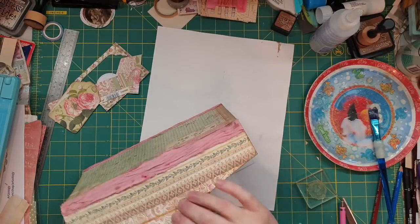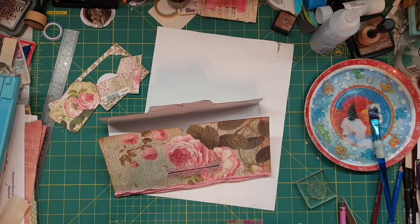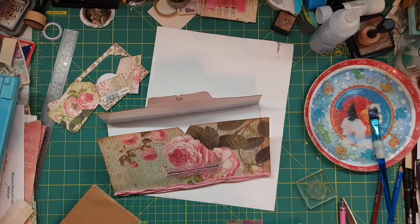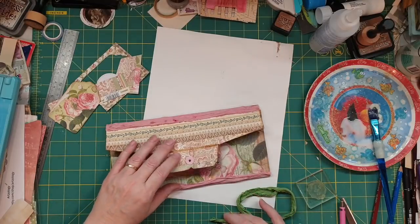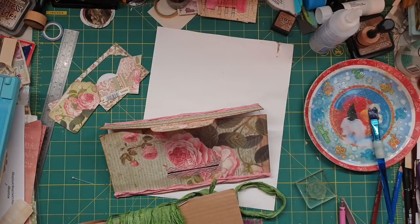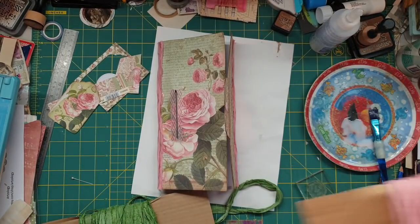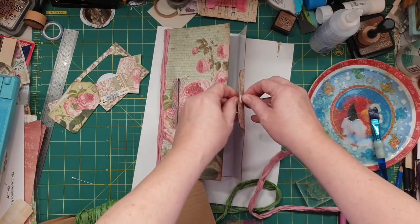Okay, so what I want to do with that is get myself some pink sari silk. I might even get some green actually. We'll see how we go. Whichever one is going to complement it. More pink. Okay. We'll go into 35. We'll see if it goes over. If not, I'm going to put sari silk around there because sometimes it stops at 35. So we're hoping. Okay, what I'm going to do, get the sari silk, pop it in there like this,